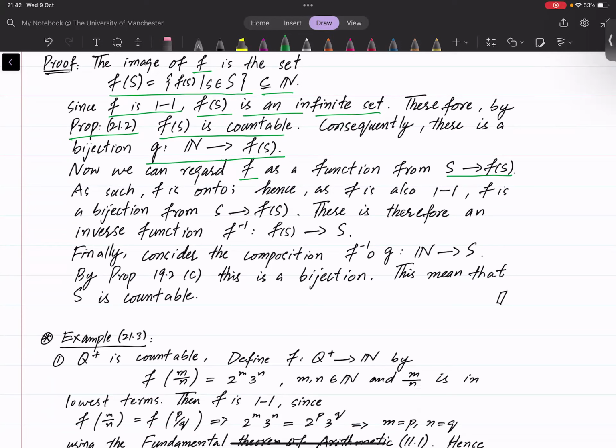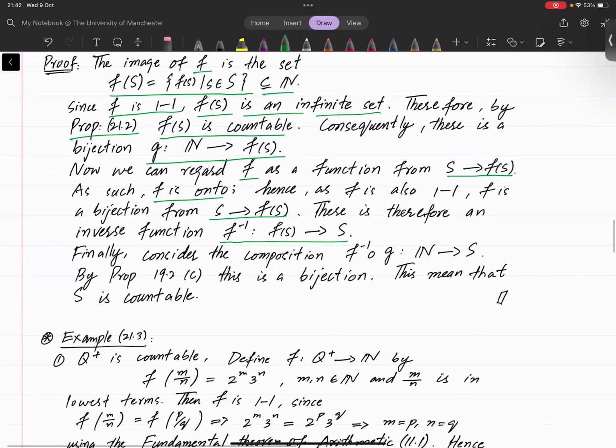So now we can regard f as a function from S to f of S. As such, f is onto. Why? Because the f of S and the image are the same. So f is onto, and f is one-to-one. So f is a bijection from S to f of S. There is therefore an inverse function, f inverse, from f of S to S. Finally, consider the composition of this f inverse and g,